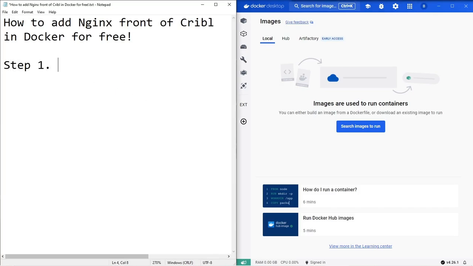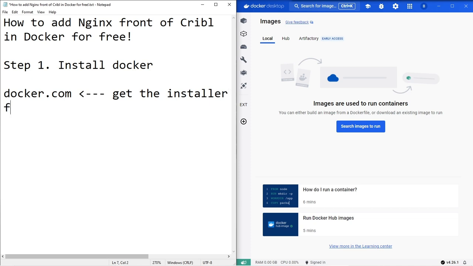I'm going to show you how to add Nginx in front of Cribble in Docker for free. Step one, as usual, is install Docker. If you haven't done this already, go to docker.com, get the installer for your operating system, and follow the instructions